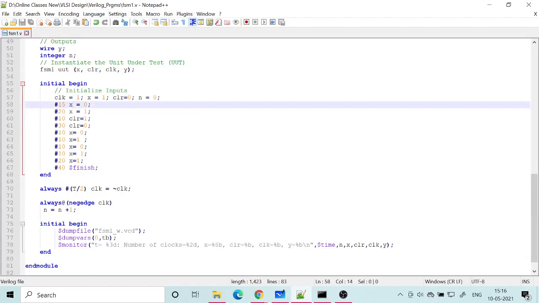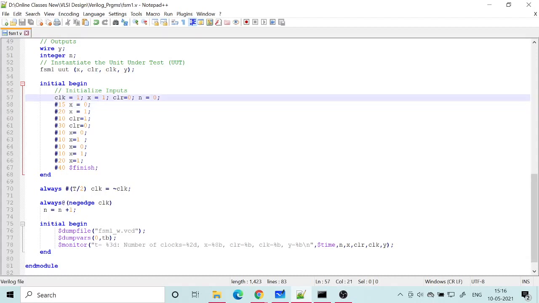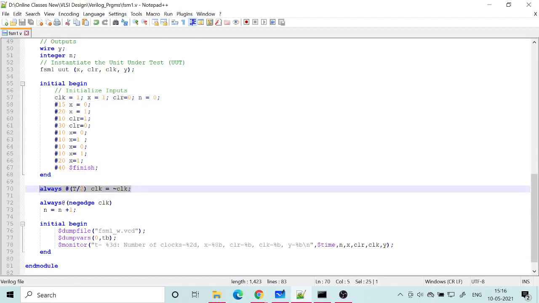Initially I keep clock and X input as 1 and clear as 0, and then I change the clock input to 0, and the clock is separately running here using an always block. If you know the initial value, then it will start from there.